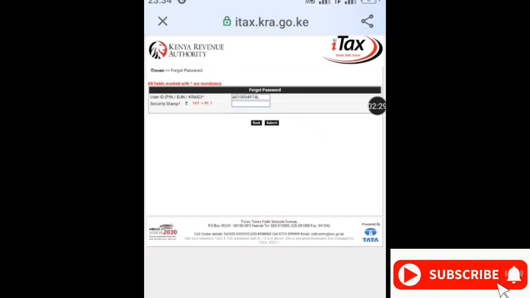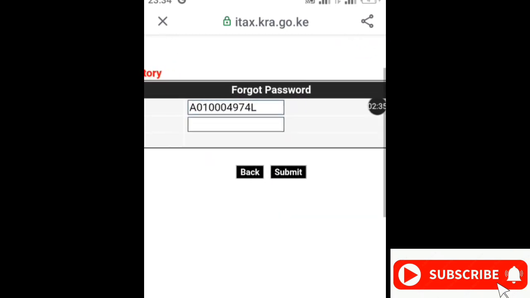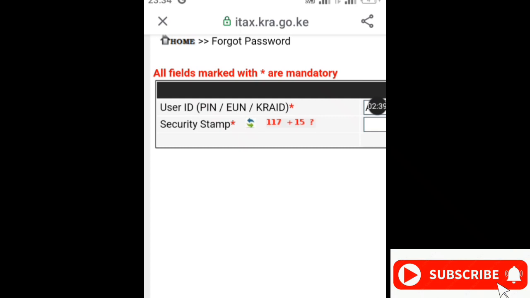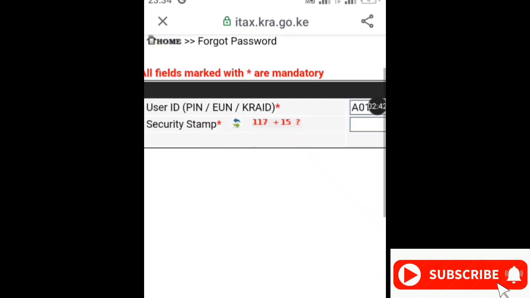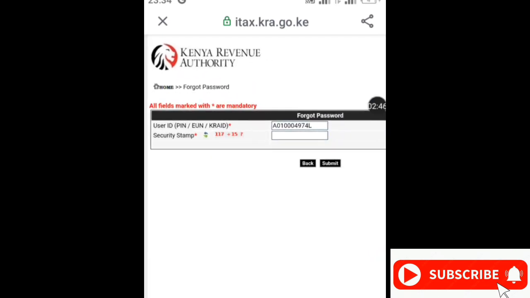You see, after you have tapped, it directs you to this place. You are told to enter your KRA PIN. As you can see, I've keyed mine. Then this security stamp, ensure you put it here. As you can see now, for me, I've been asked